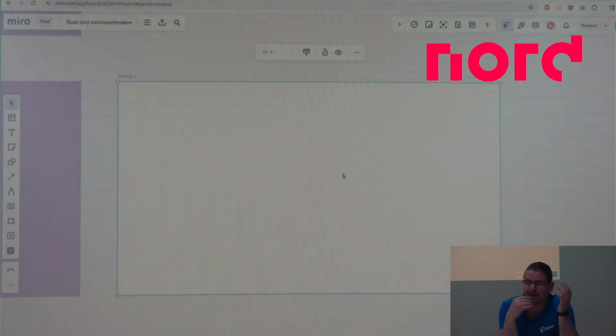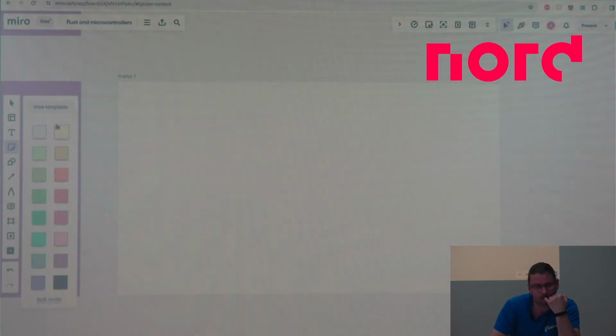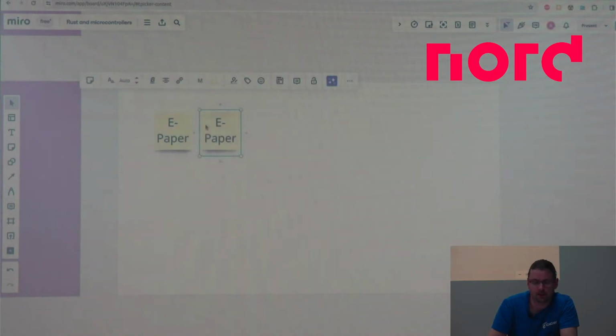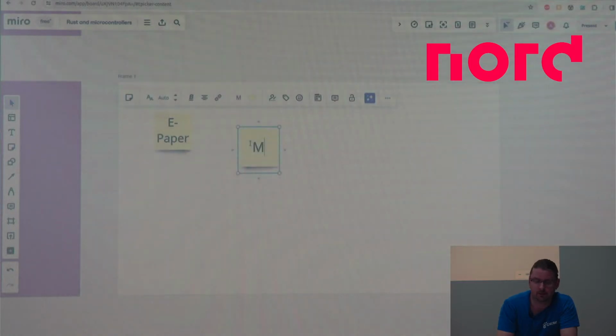So what I want now is an e-paper display, which is connected to a microcontroller, which then